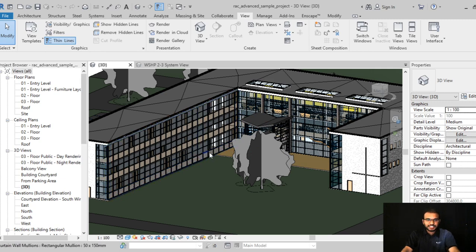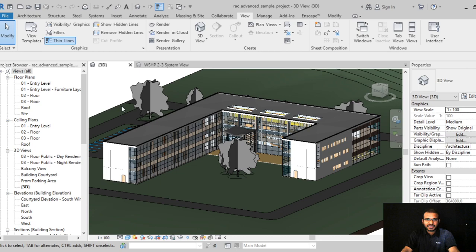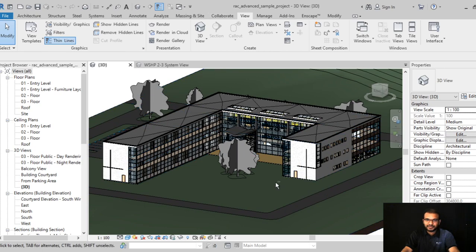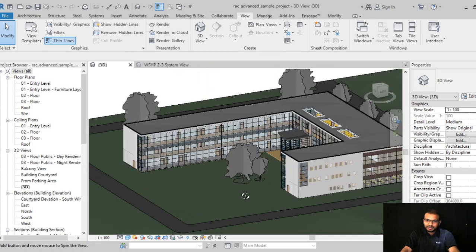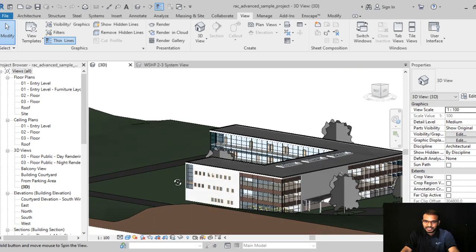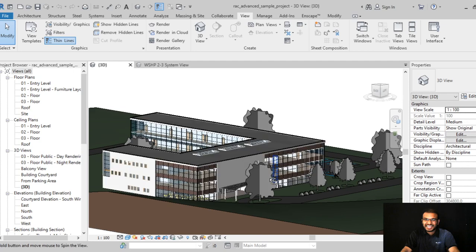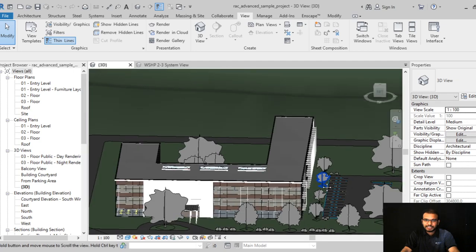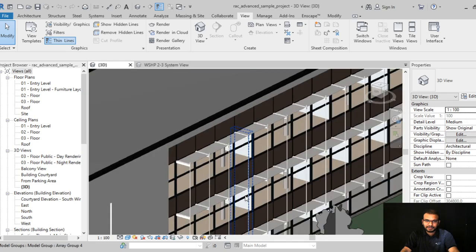Hope you can see this model, which is completely done in Revit, and this is the interface of Revit. If you just orbit your window, you are able to see each and every part of your building from this view itself.